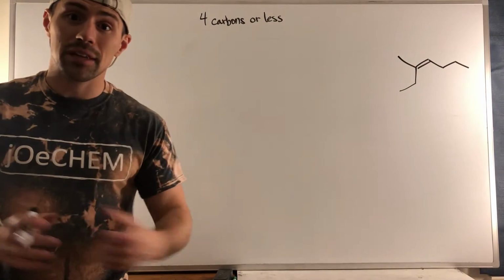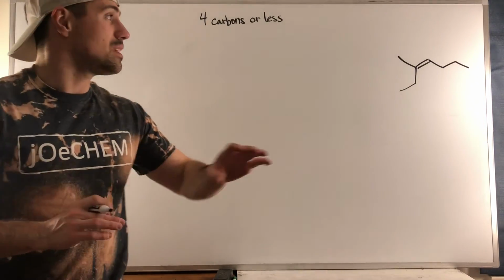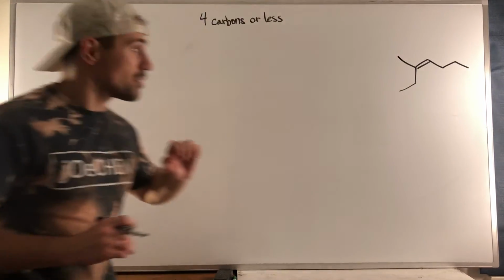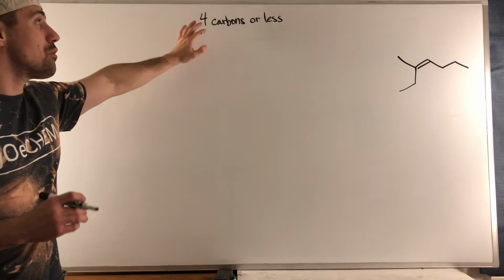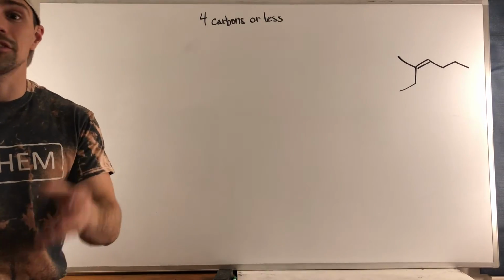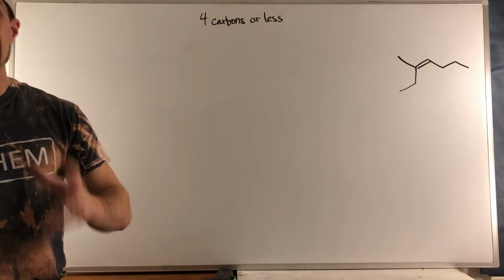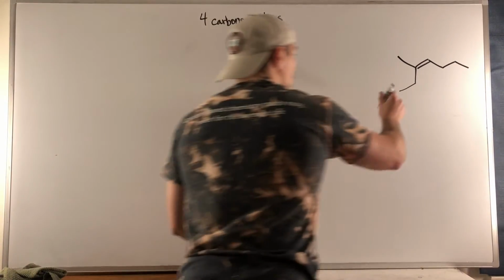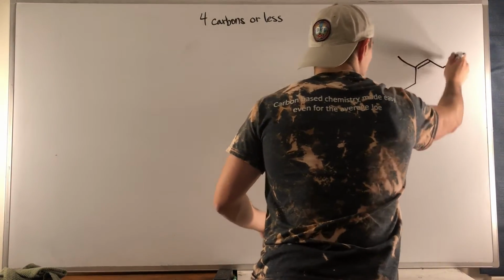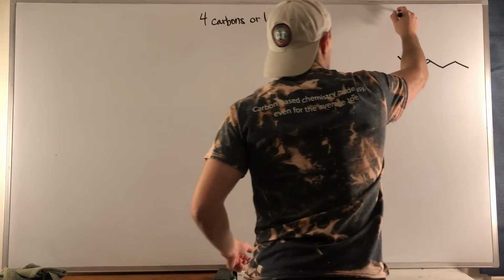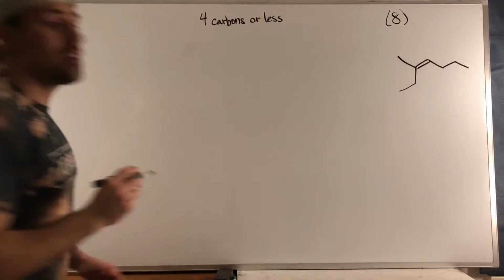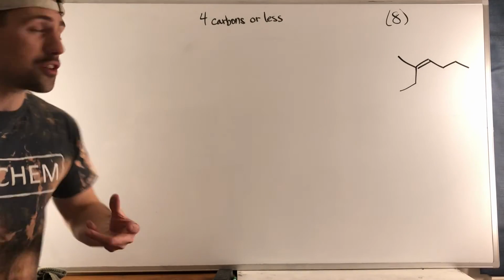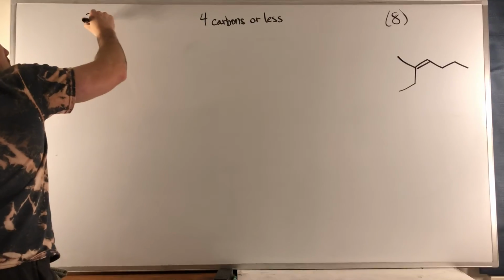Okay, gang, rounding out this worksheet, we have a synthesis problem where we need to make this right over here, our target molecule, with pieces of 4 carbons or less. So you know what the golden rule is. We always count our carbons, right? So we have 1, 2, 3, 4, 1, 2, 3, 4. So luckily we have a total of 8. So I think you all agree with me, unless we want to make our lives unnecessarily difficult, we're definitely going to be using 2 pieces